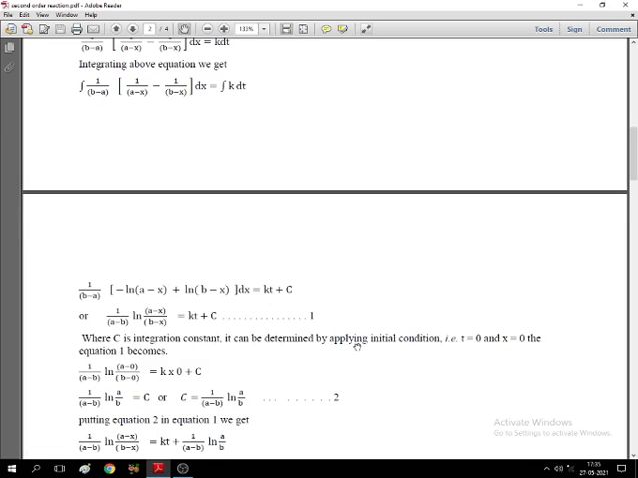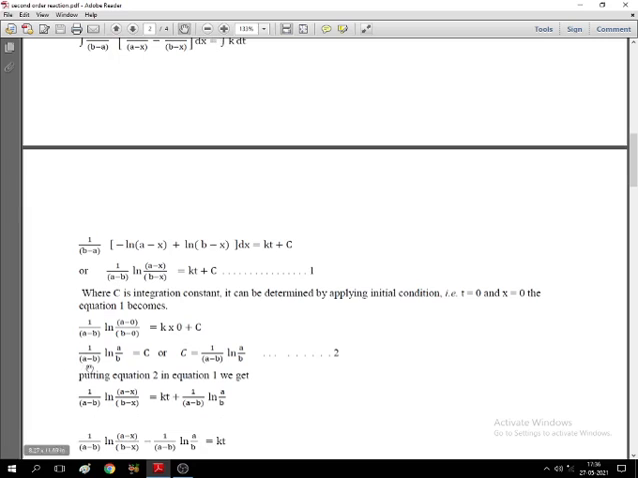It can be determined by applying the initial condition, that is when the reaction is to be started, time is 0, and at that time the amount of product, that is x, is 0. Therefore, if you put the value of x as 0 and t as 0 in equation 1, we will get 1 upon A minus B ln A upon B is equal to c, or c is equal to 1 upon A minus B ln A by B, equation number